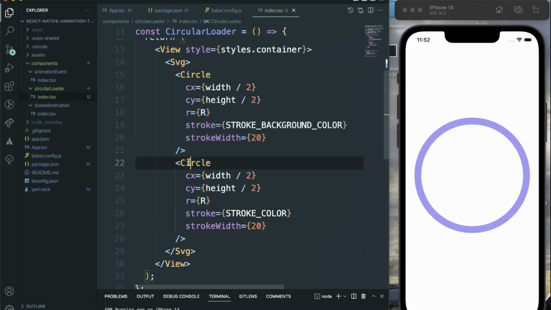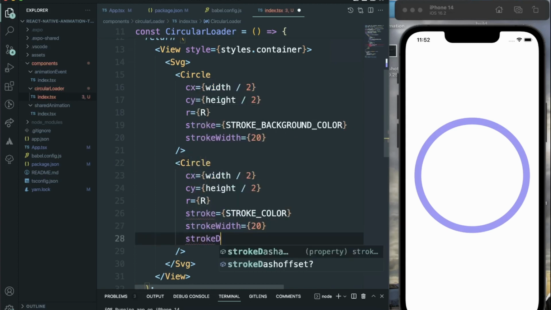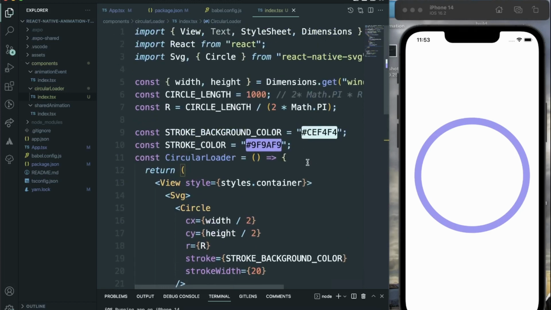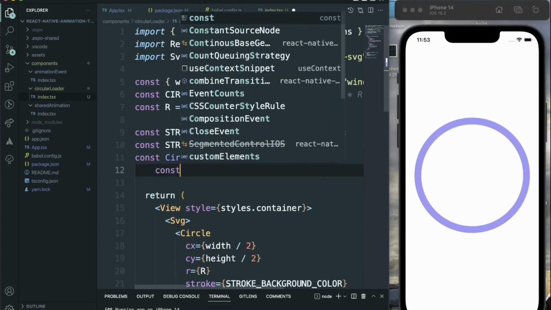So to animate the props, the first property that we are going to animate, I think, is stroke dash offset. We just define stroke dash offset 20, and we're not able to show it over here. Anyway, let's go over here, and we're going to define one progress value